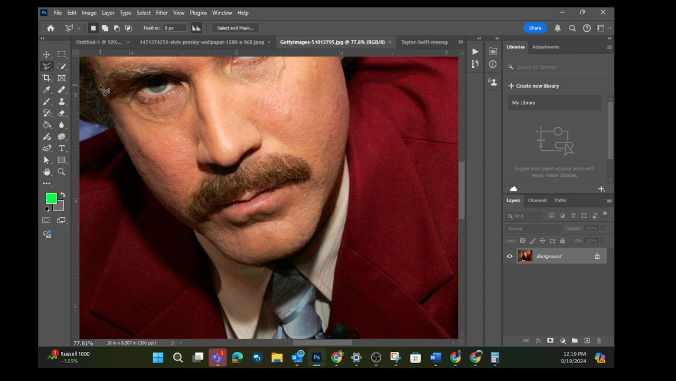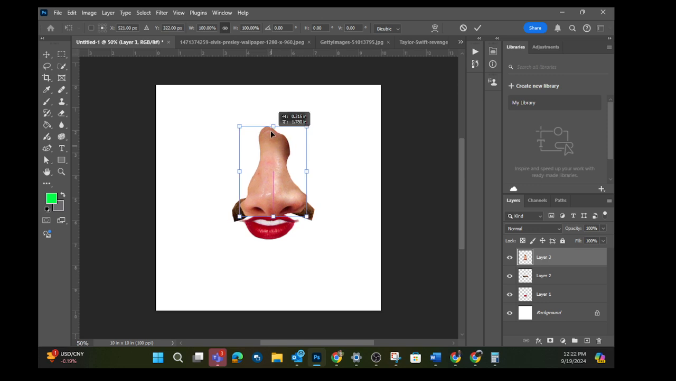So I've got his nose. I'm going to use my transformation command, Control T, and move the nose into place. Now that looks like a really, really big nose, as we said, so I'm just going to bring it down to a little